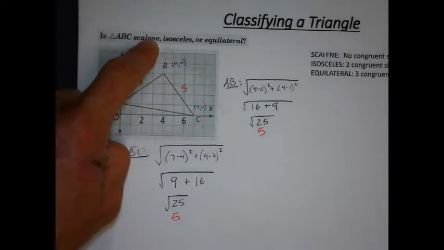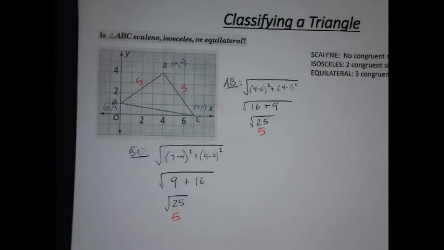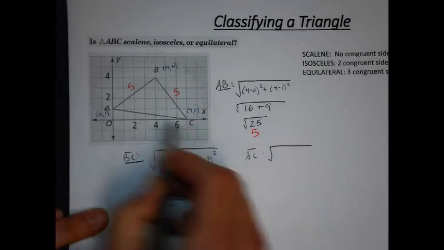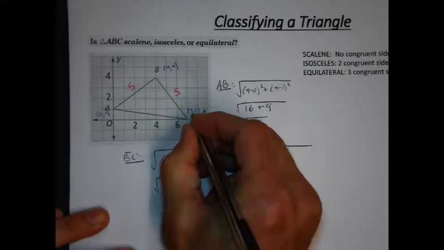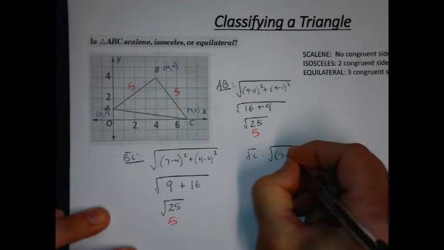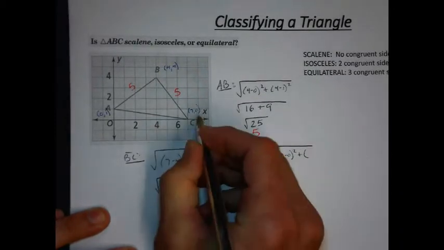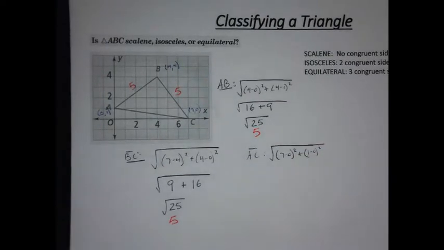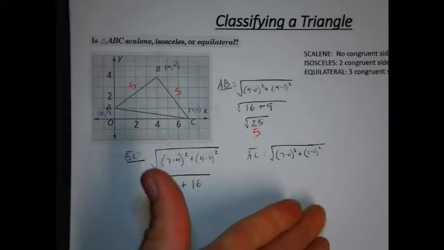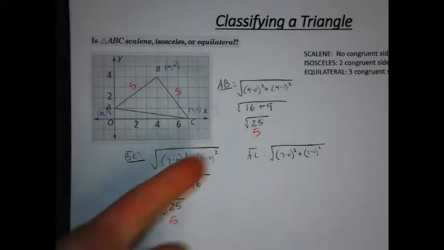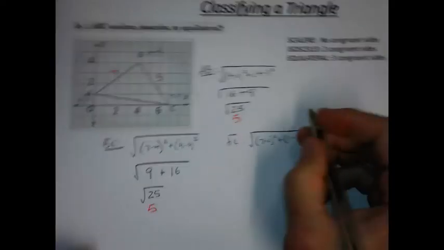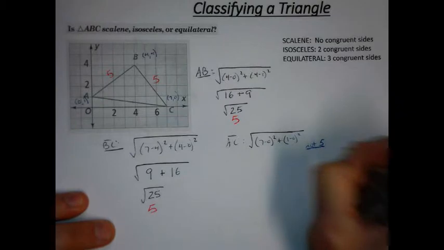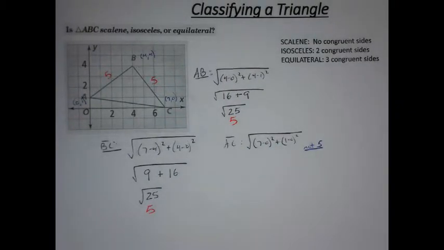So we got to do another one. We're going to find out from A to C, right? So now we have to find out from A to C. So subtract my x's, 7 minus 0. Subtract my y's, 1 minus 0, and hopefully you can already tell this is not equilateral, right? Hopefully right now you can stop and say, well, this clearly is not going to be 5. So you can take a mental note. We can already tell it's not going to be 5. Okay, so we can already tell that this is going to be an isosceles triangle, but let's finish the math